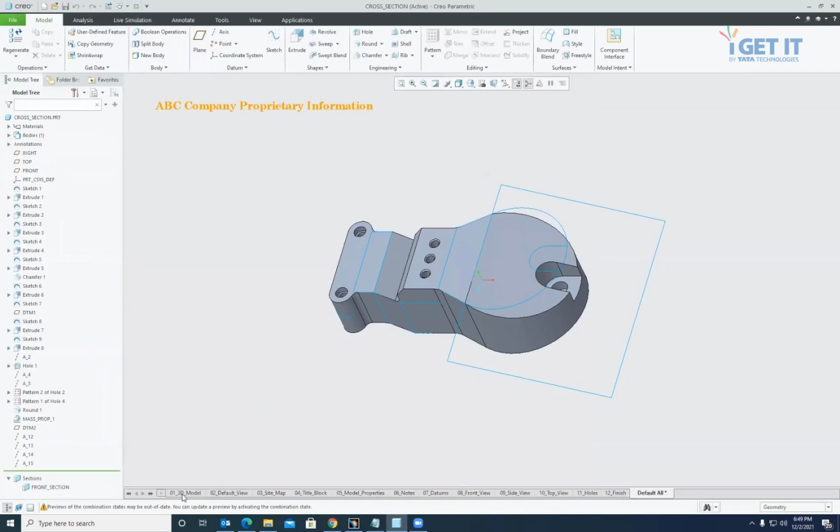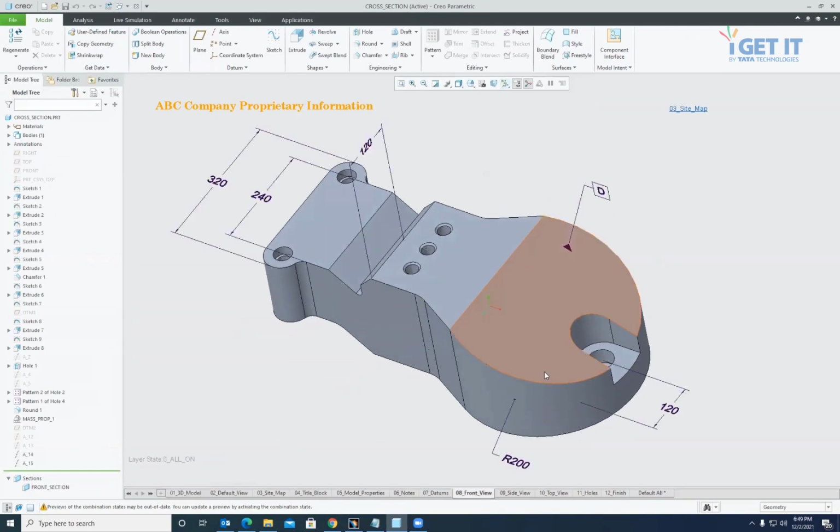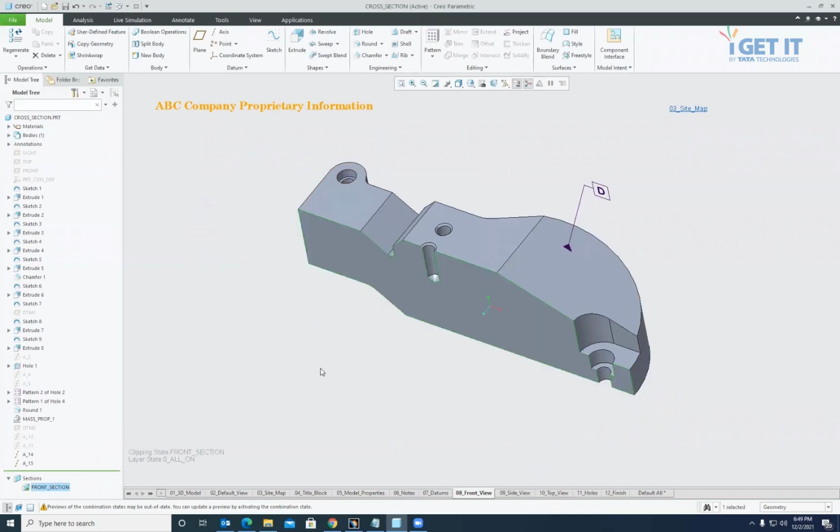So here this model is in design mode. I go to front view, and now this is showing me the annotations, and we can see that apart from the D datum, all the remaining annotations are symmetric about the front plane. That's why if I activate this cross section about the front plane, it will not show the annotations because the model is cut. Then it is highlighting the annotations, but they are not shown over here.